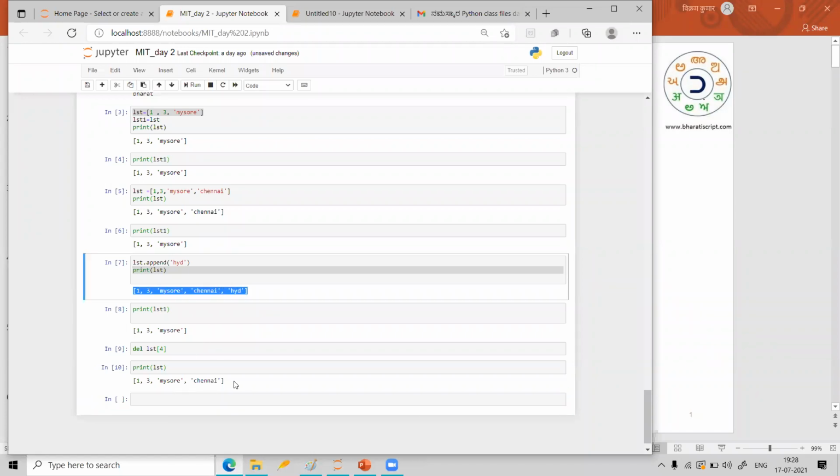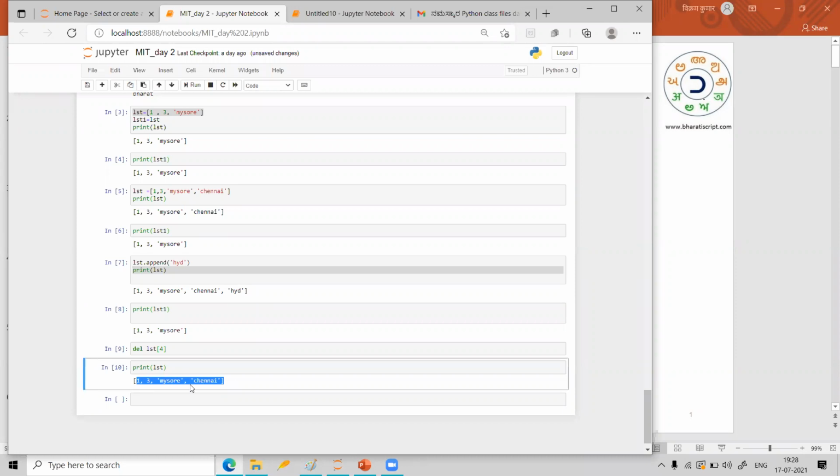Suppose in this example we have 1, 3, Mysore, Chennai, but I want them in reverse order. That means I want Chennai, Mysore, 3, 1. So for that, is there any logic? What I will do is LST dot reverse. Let me press enter.